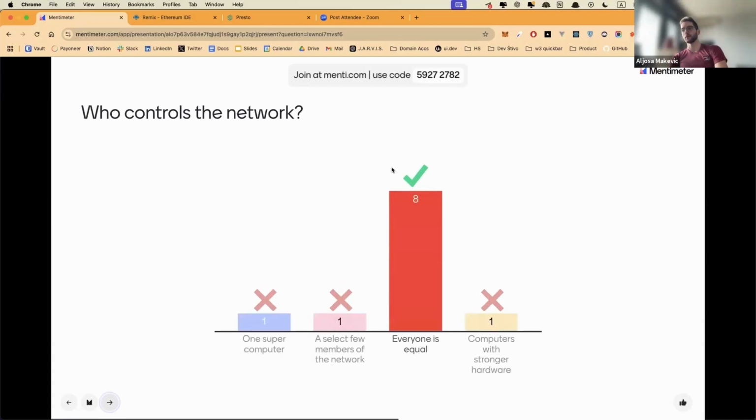All right, cool. I'm glad most of you get it. So the whole point is that there are no admins, just like there are in a Twitter database or a Facebook database. Everybody has access to the same copy of the same database. Everybody has equal rights, and it's about keeping each other accountable. So the system is definitely trustless.